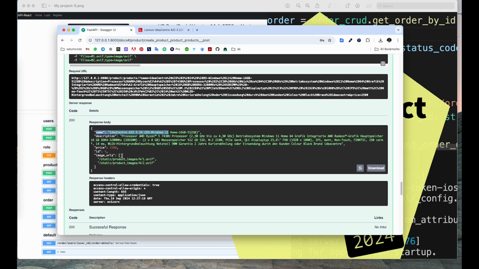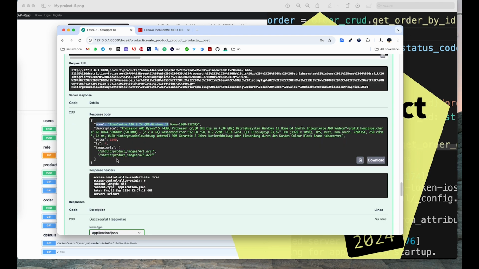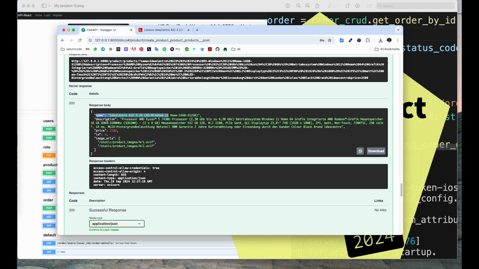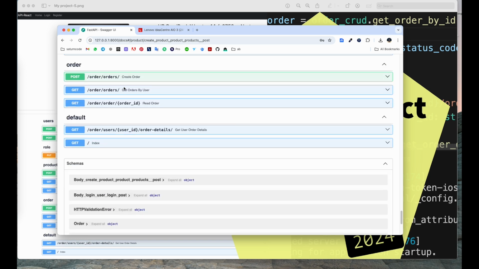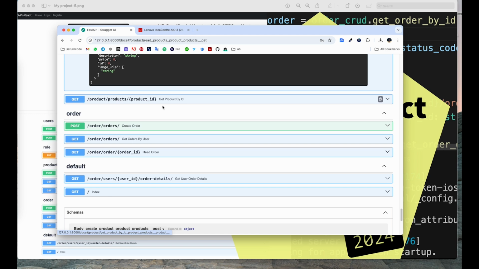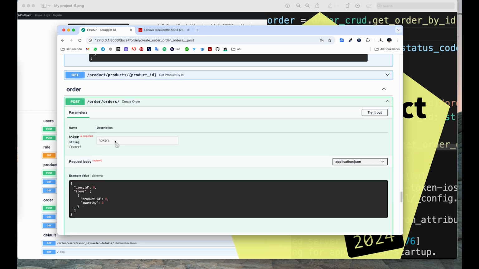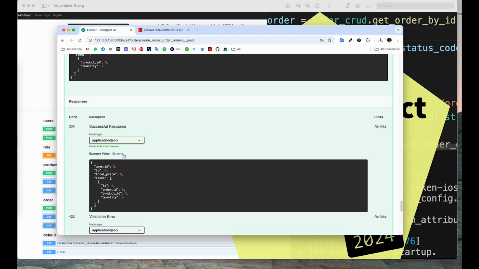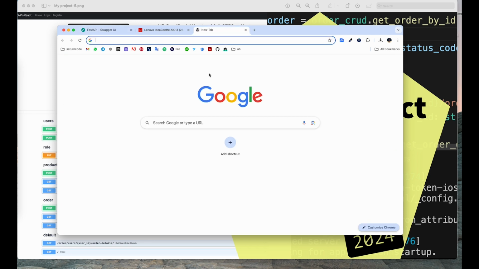That should be interesting. And with this schema response body, we have get all products, we can find the product by ID, and a user is allowed, actually, to create the order. The user should be registered and logged in, then allowed to make an order. And then for our React,